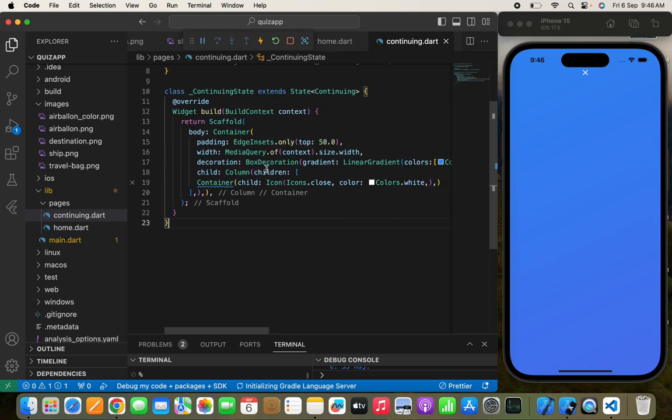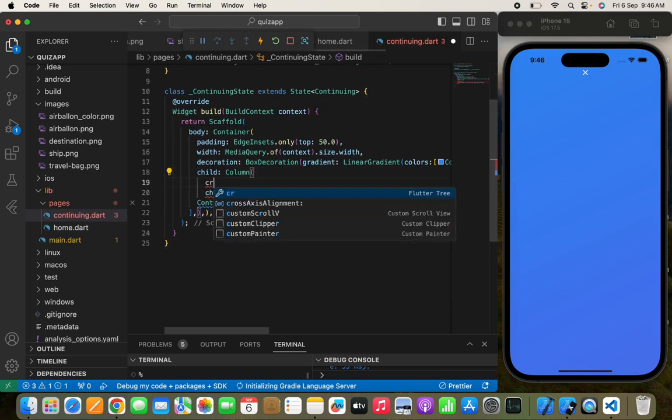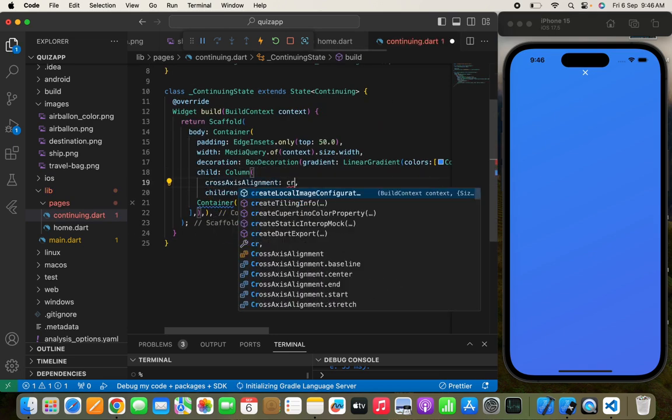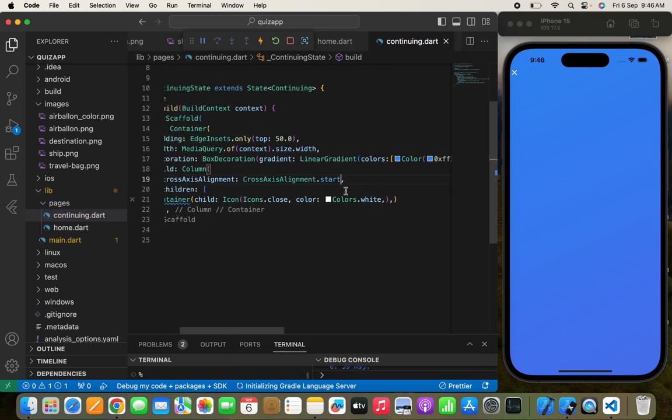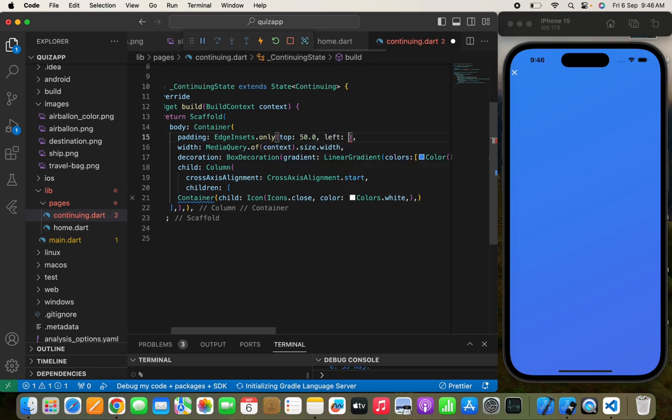Now we can use cross axis alignment dot start, and let's pass some padding 10.0 and 20. Yeah, and we can pass